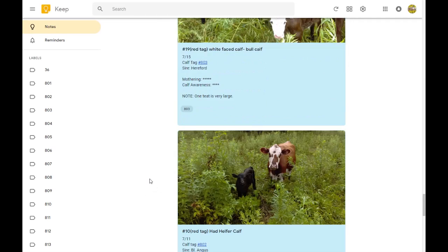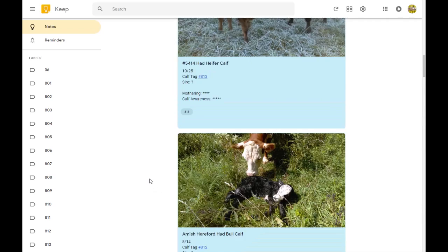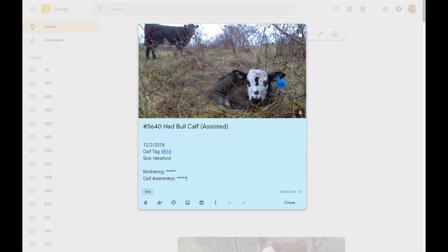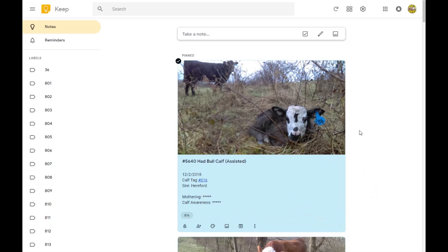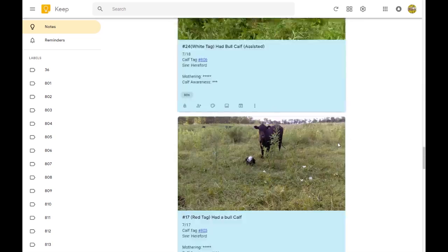After we get through all the calves, I've got all of these tagged or pinned to the top. As you do each, make a note on each one, it gives you the option with the thumbtack to pin it. And when you pin it, it comes to the top of your list. And it just so happens that it kind of goes off of the date and they fall in order. So if I come down here to the bottom of my pin list,